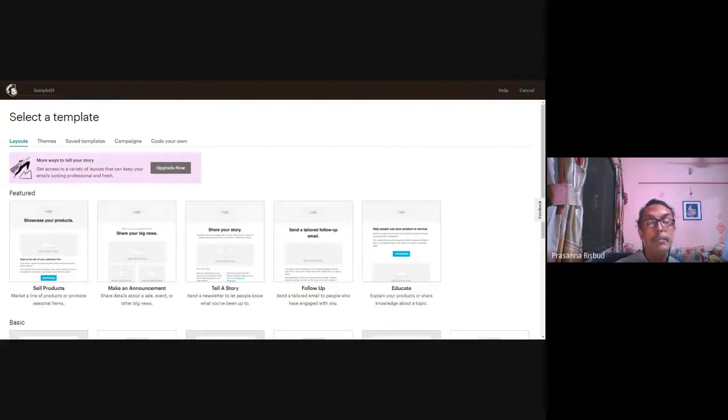Always, obviously, remember to log in through different IP addresses, so that a conflict, if at all it arises, will not. So if you are logging in from your home internet, which you are using Wi-Fi, and you log in from your desktop, then for your laptop, you can either use some other Wi-Fi or your mobile data and log in to MailChimp and create another account with a different email ID.